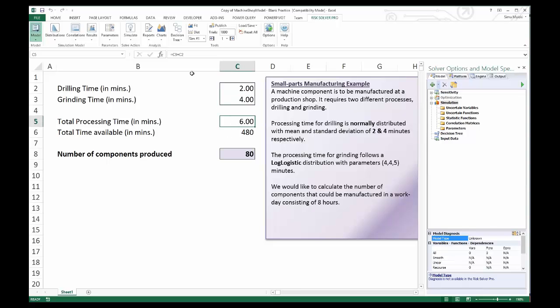In cell C5, I calculate the total processing time, just adding them. Then in C6, I calculate total time available by multiplying the total processing time by the 8 hours of a workday. And then here we calculate total number of components produced, which is total time available divided by total processing time,